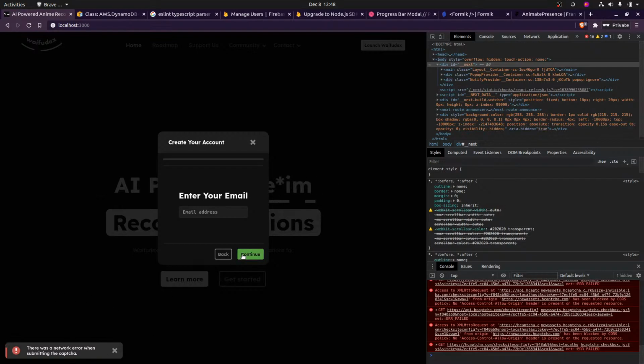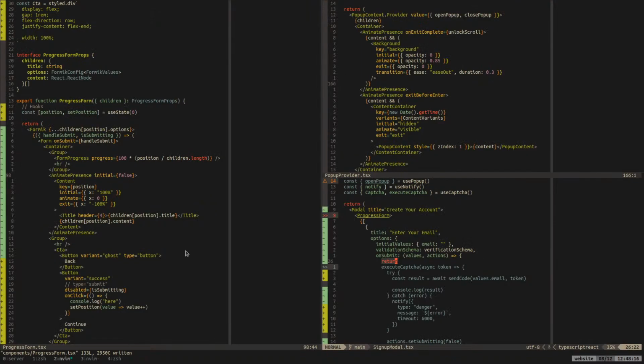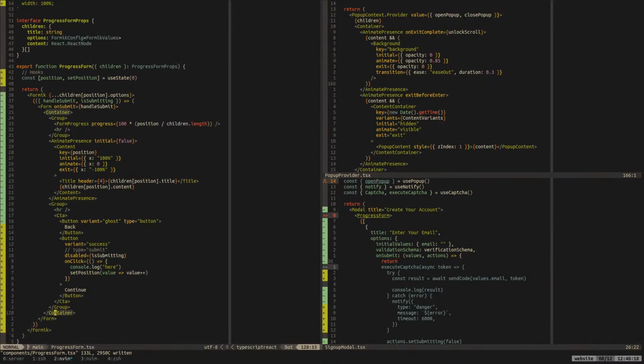It's fine. When I click continue, it is able to move on to the next section, and this will also increase. What I want to do is tie everything to this single position thing. That's the cool thing about React: everything can happen based on a single state.